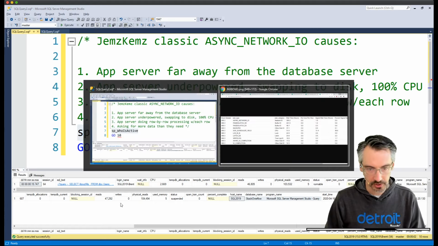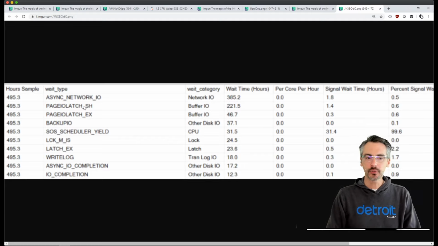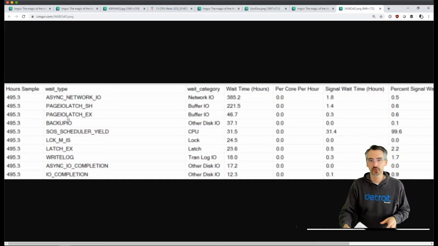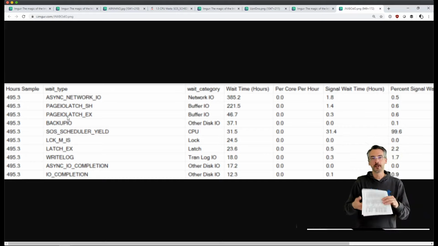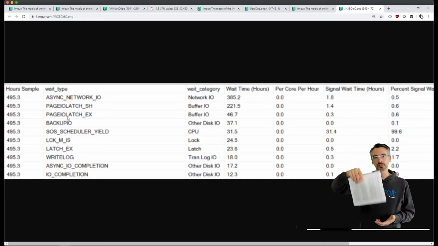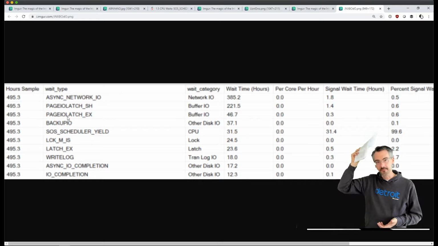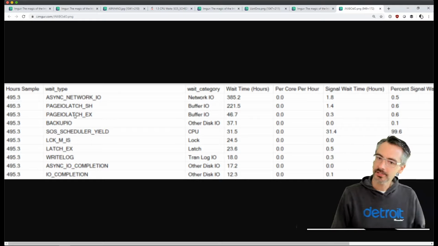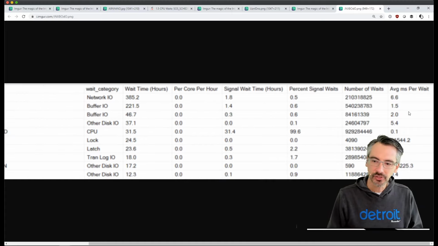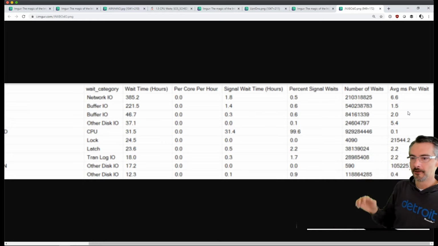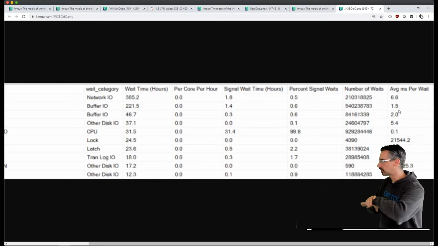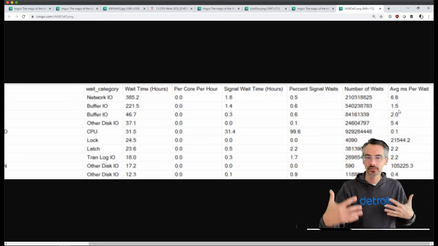I want to say there was something else in yours that I was interested in too. The other two, the next two underneath it: your server's got a storage bottleneck problem in terms of waiting to read data pages from the data file. Users are asking for data that's not cached up in memory, so your storage is having to do I/O in order to read an 8K page. It's there. It's not a huge wait. It's like 260 hours out of 500. But the storage is really, really fast. When you're waiting on storage, it's only 1 to 2 milliseconds. That's great. It's probably all solid state, super quick.